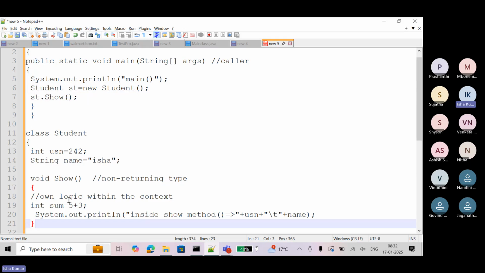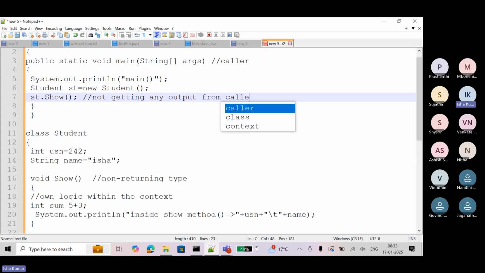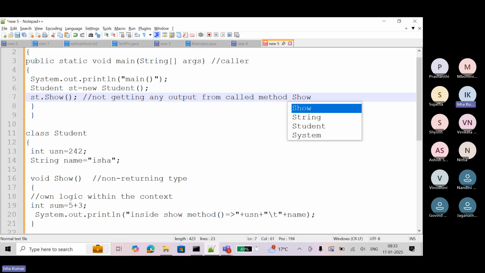He's not returning. This show method is not returning anything to the caller from where it was called. So that is called non-returning type. Here, we are not getting any output, or outcome, from the called method.